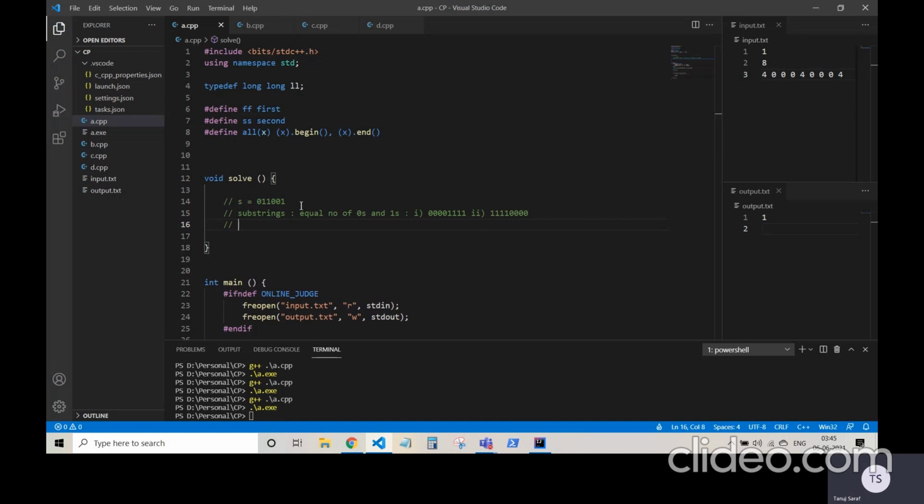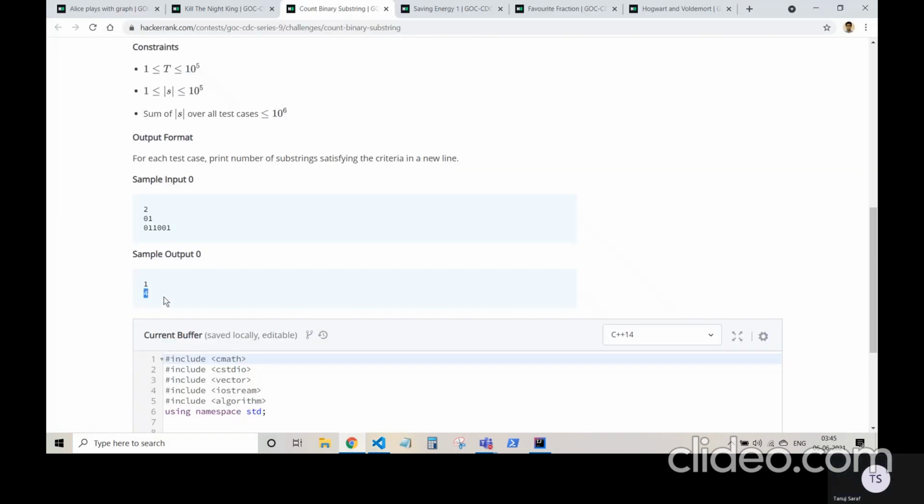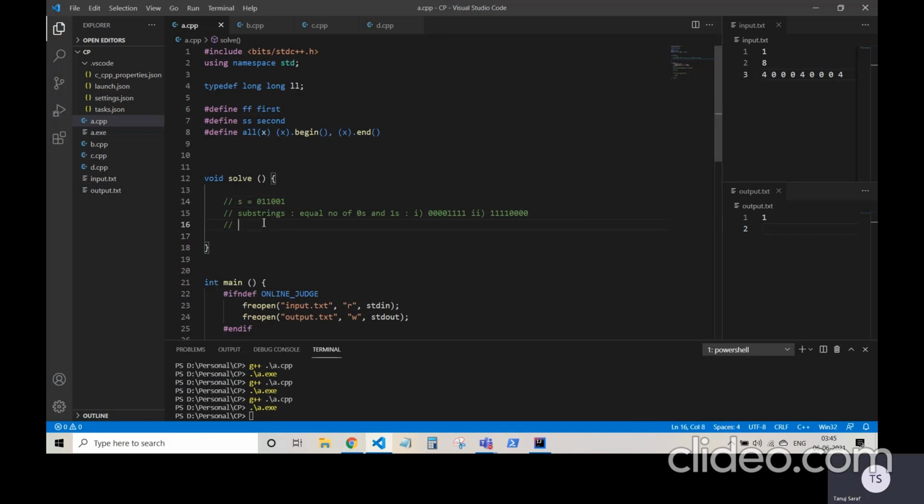So in this particular sample test case that we are given, we can see that there are four such substrings, right? The first one being 0 1, then we have 1 1 0 0, this smaller one 1 0, and finally we would have 0 1, right? These are the four substrings which we have to count, and you can see that there are no other substrings which would satisfy both the conditions of equal zeros and ones and being grouped together.